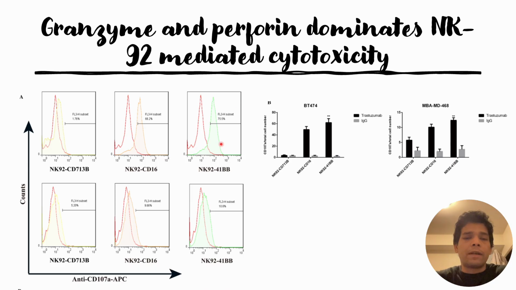The target cells that they use that have this HER2 positive property is BT474, and the HER2 negative cells are MBA-MD468. These two cells they have used so that they can clearly see whether this NK-92 mediated cellular toxicity